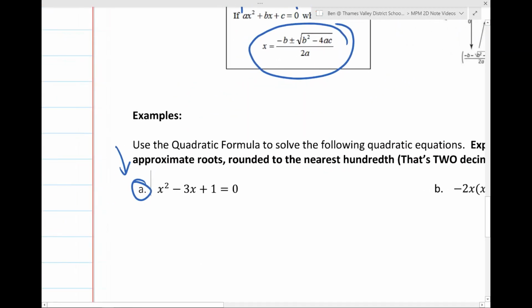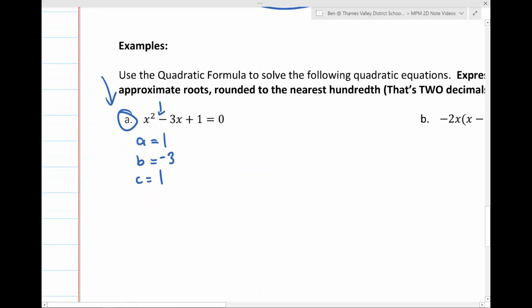Well, our quadratic formula needs an a, b, and a c. In this case, there's no coefficient on our first term. If we don't see a coefficient there, there's a hidden coefficient, that's a 1. Our second term, you might think the coefficient is a 3 right off the start, but you need to make sure you take care of that negative. So our b term is negative 3, and our final coefficient here is 1. So we're working with a 1, a negative 3, and another 1. We're going to substitute those